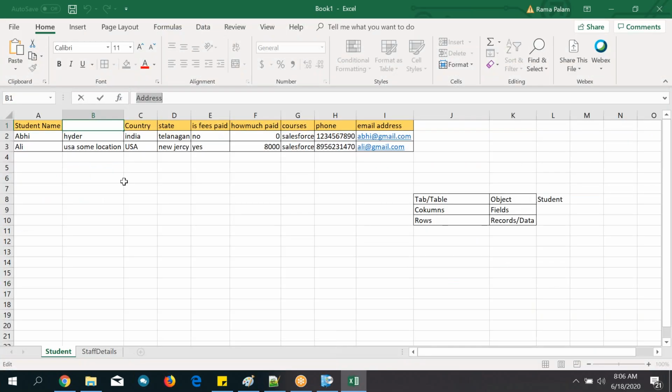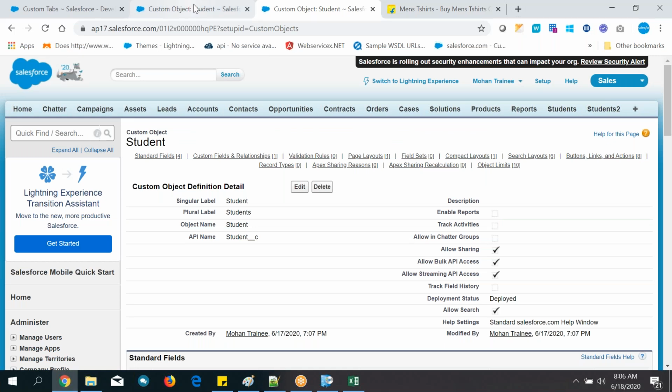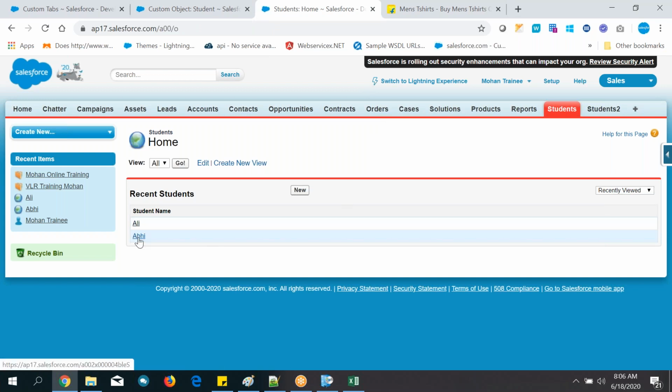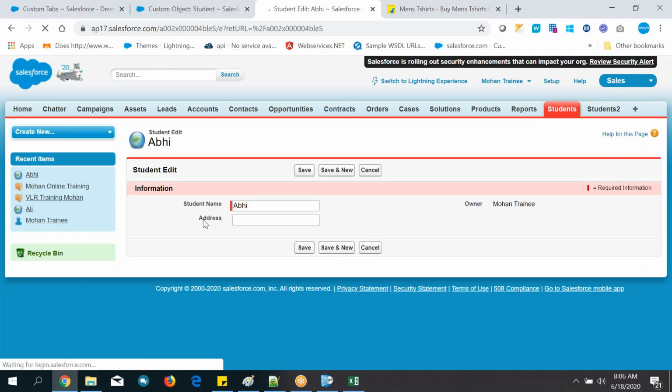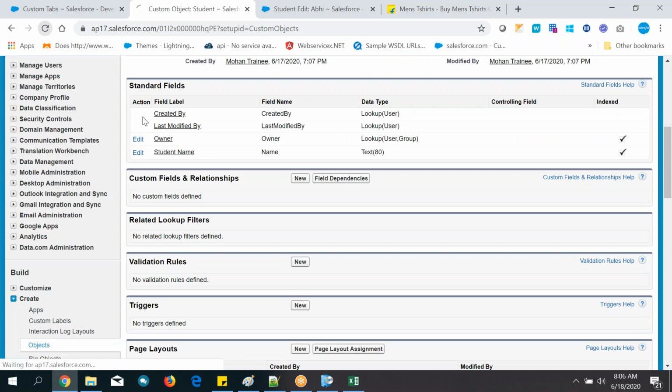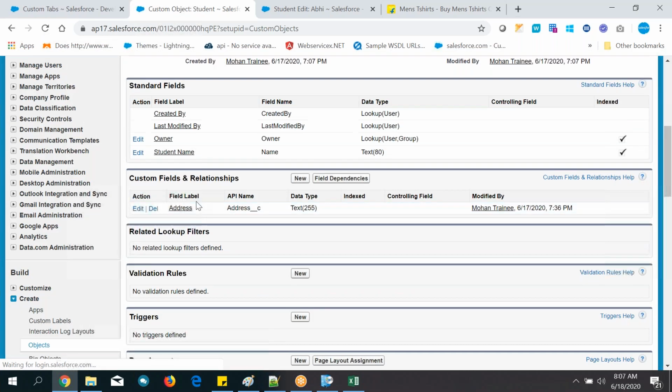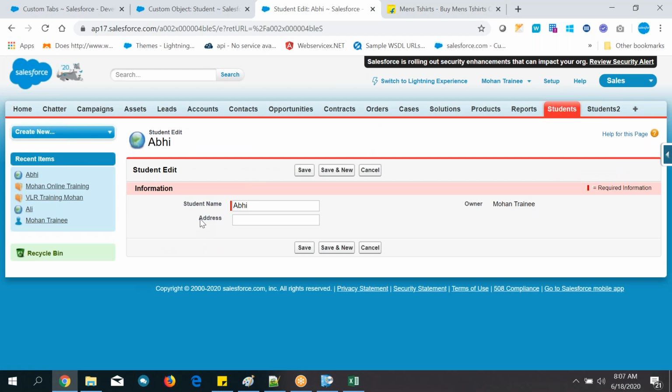Next step is what? Suppose I create this field, you can enter the data, right? If you want to enter the data, where do you need to go? You need to go to the tab. Always, if you want to enter the data, you need to go to tabs. So click on the students tab. Okay, and open Ali or Abi, any record. Edit the record. Now can you see? I have created a field called address field, which is reflecting over there. This address label is displaying, and this is the field where you can enter the value.